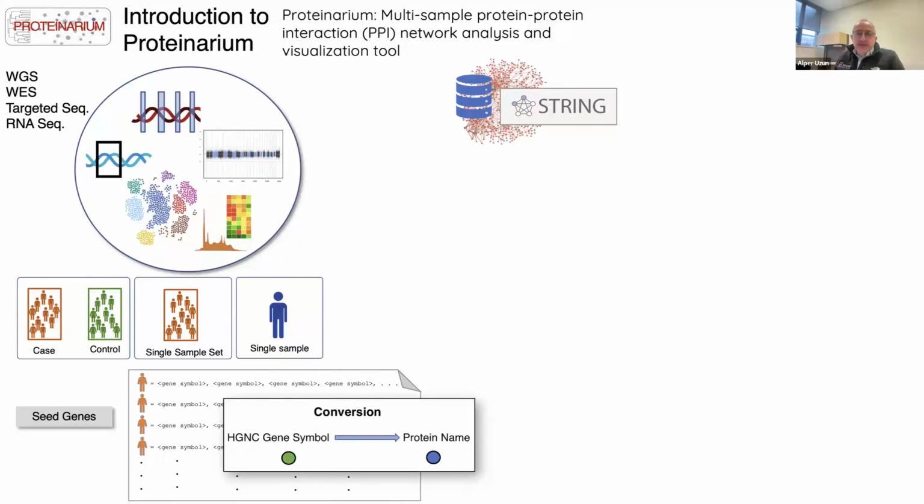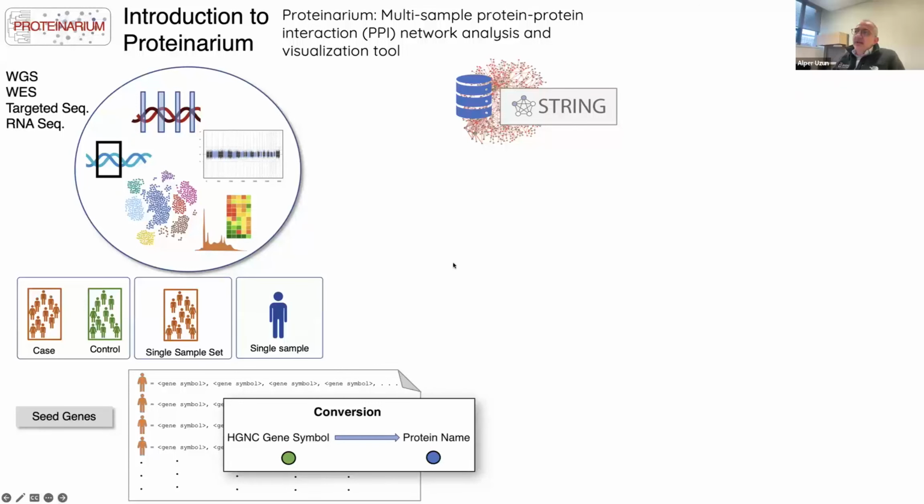In STRING there are three types of data. One is protein-protein interactions extracted from literature. Another is protein-protein interactions that are computationally predicted. And the third comes from experimental validation. We are using the experimentally validated, high confidence protein-protein interactions.